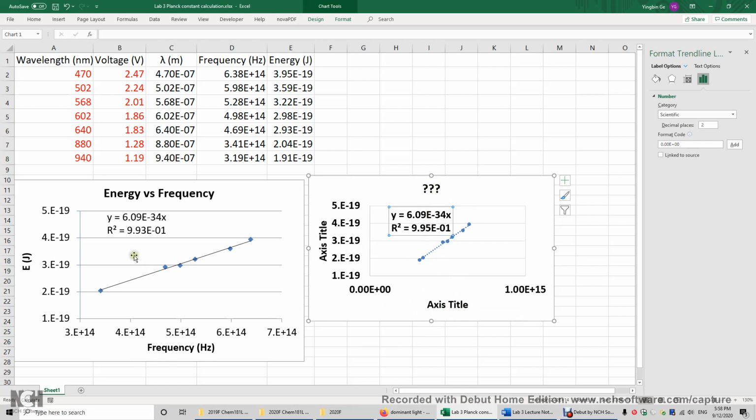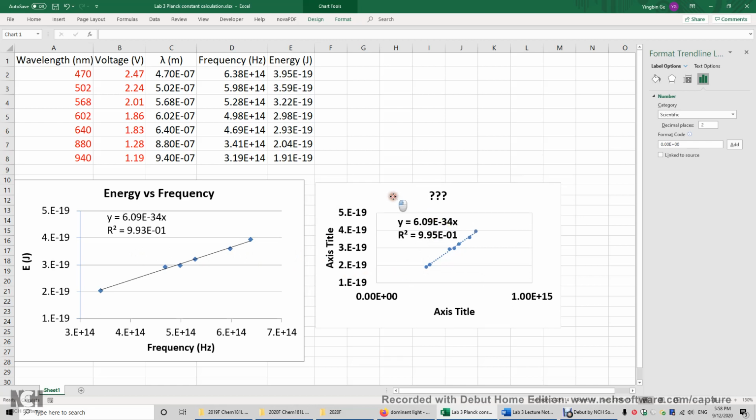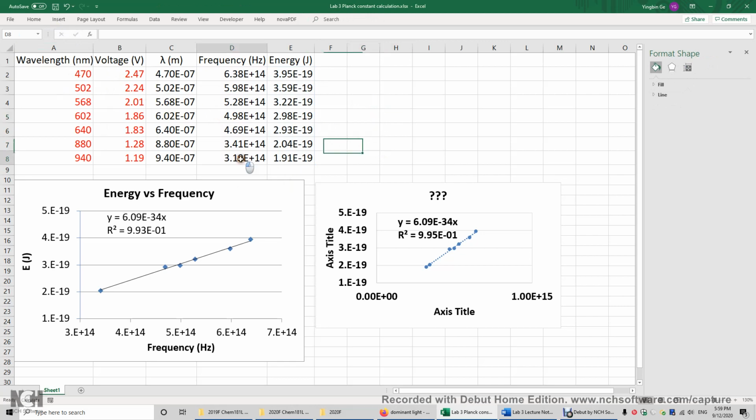the same graph here. The slope is 6.09 times 10 to the power of negative 34. This is slightly smaller than the Planck constant, but that's normal. This experiment is not 100% accurate. All right? And also, you probably can see whenever I do something, for example, I just hit enter, the number changes because I generated these voltages